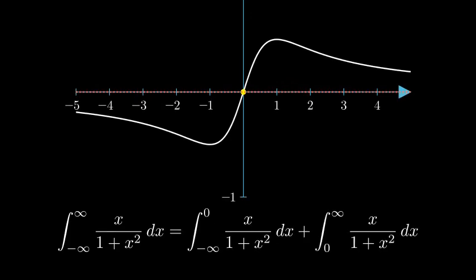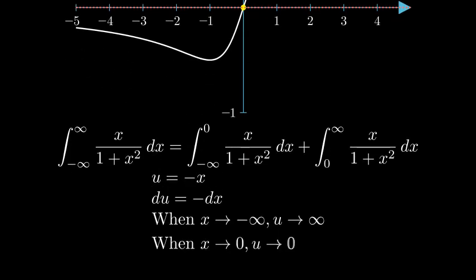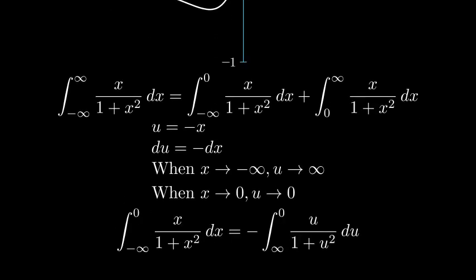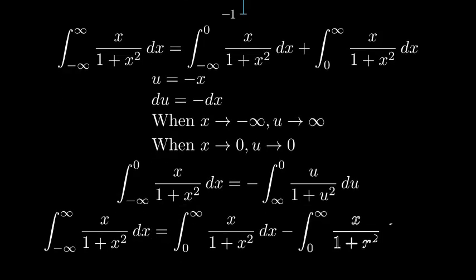For the first integral, from negative infinity to 0, let's make the substitution u equals negative x. When x goes from negative infinity to 0, u will go from infinity to 0. After this substitution, the first integral becomes negative integral from infinity to 0 of u over 1 plus u squared du. Now, combining both integrals, and using the fact that negative integral from infinity to 0 equals integral from 0